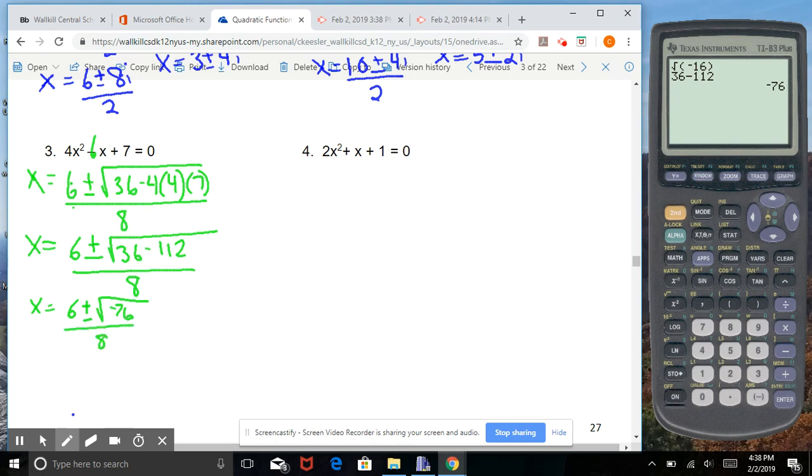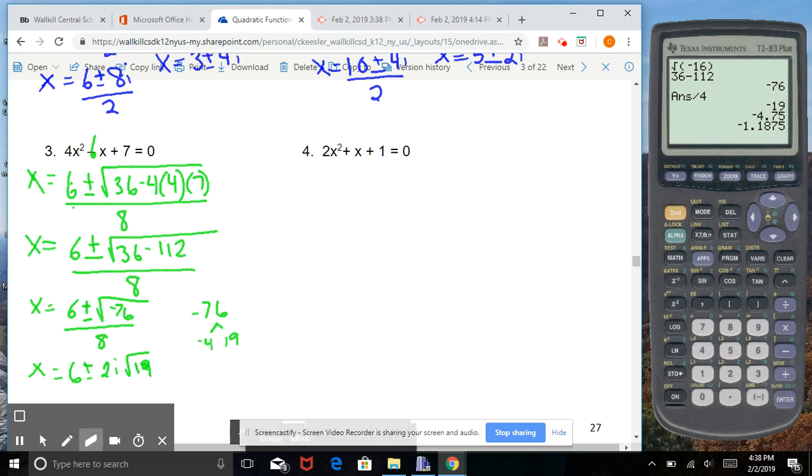Going further, 76 has a factor of 4, which is a perfect square. If we do negative 76 divided by 4 in our calculator, we get negative 19. So we have 6 plus or minus. The negative 76 is like doing negative 4 times positive 19. I'm going to use the negative 4 to make that be our i. Square root of negative 4 is going to be 2i, leaving the 19 under the radical because I cannot take its square root,